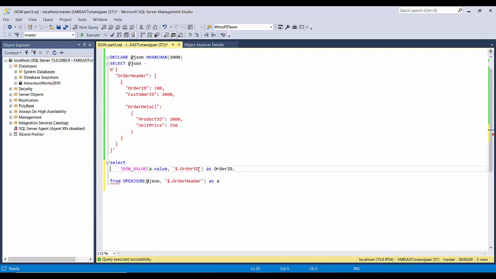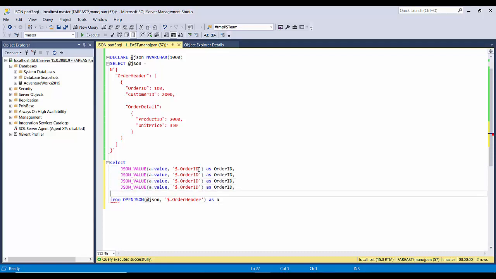Okay, and what I'll do is I'll copy this. We have four attributes, so I'll copy it 4 times. I will just substitute customer ID over here, then product ID over here and unit price over here.